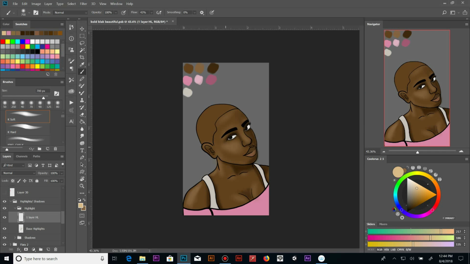Okay, before I start on the specular lights, I want to do one more base layer of highlights, and this base layer is just going to be on the main areas where the light is shining. The reason I'm doing that is because I want to give a slight tone of the color of the light. So what I'll do is